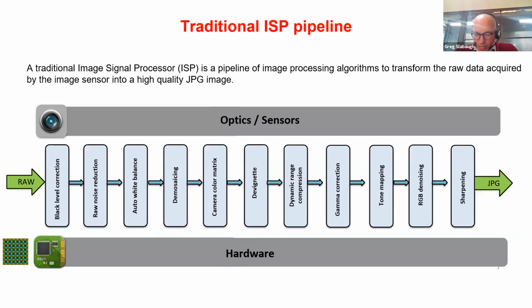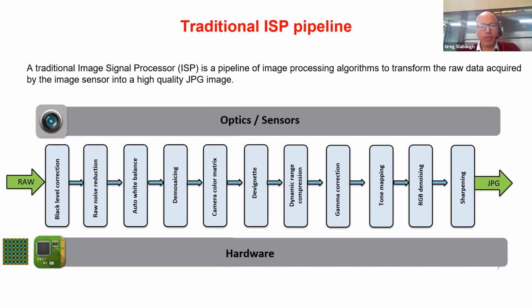And if you look at how images are created, there's this thing called the image signal processor, or ISP. It's basically a pipeline of techniques that transform raw data captured at the sensor level through a number of operations to produce a high quality RGB image. Traditional ISPs might look like what you see in the picture here, at Huawei. The ISP probably went through 20 different stages. So it's very complex processing that's happening, a highly engineered pipeline.